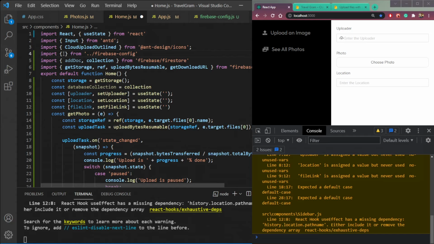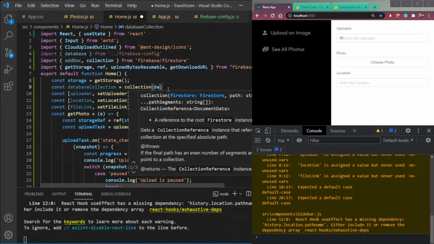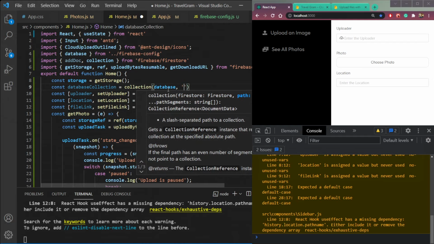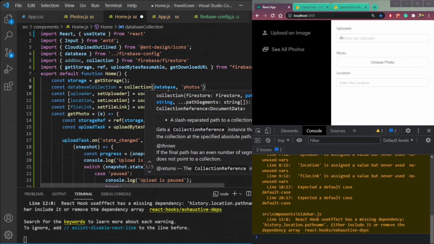So we need to import database. So this database import is here. So the collection will take two parameters. First is the database. Second is the collection name. So let's make the collection to be photos, just photos.